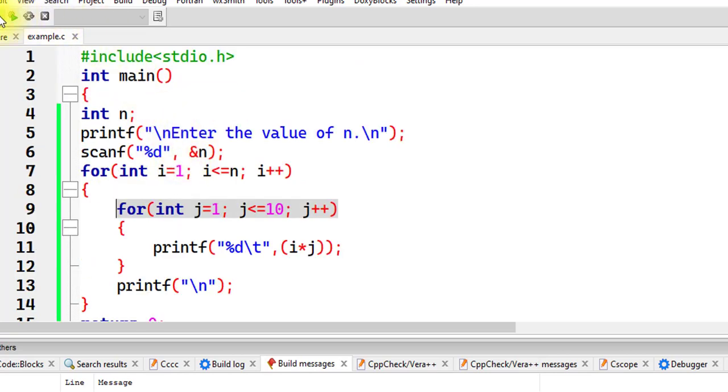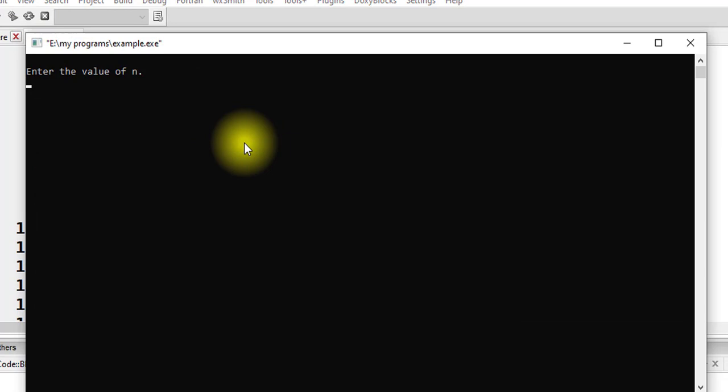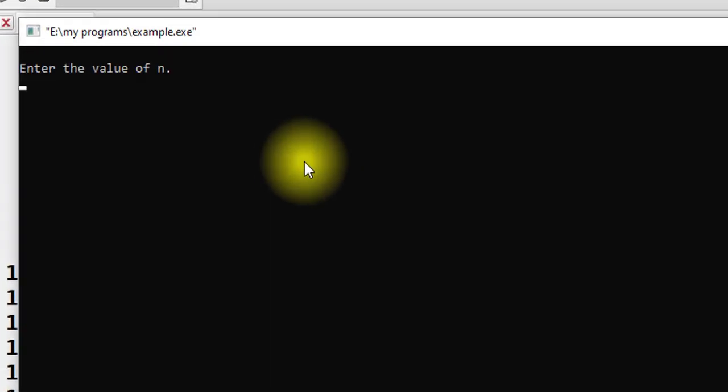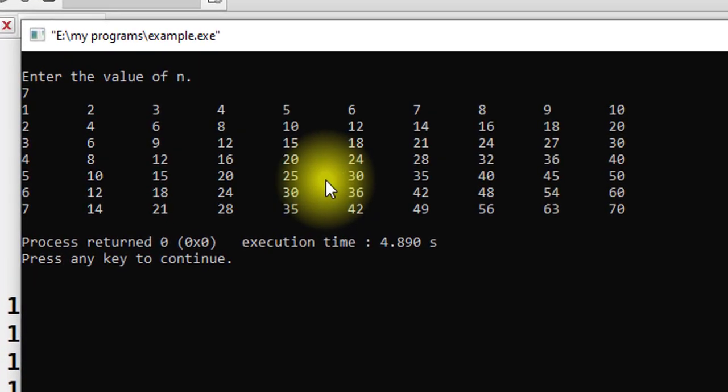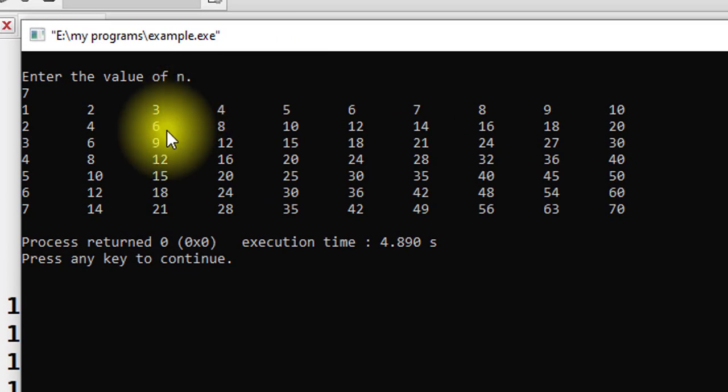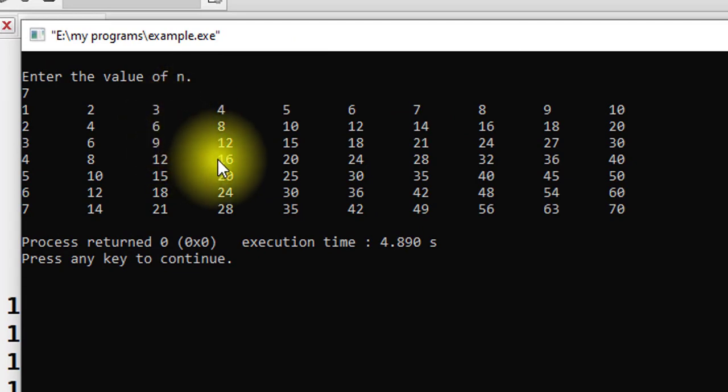As I run it, it asks me for the value of n. Let's enter 7. Once I do that, it prints this in a matrix form. It's a 7 by 10 matrix. The input from the user was for the number of rows, of course. In order to display it like this, I needed to run a for loop inside a for loop.